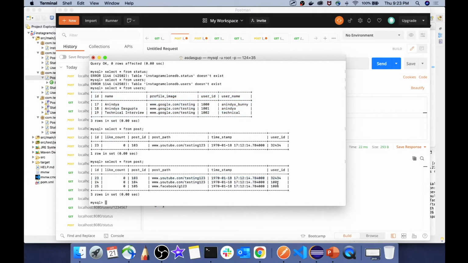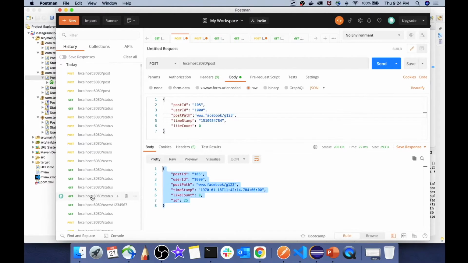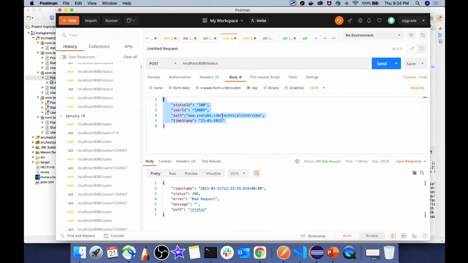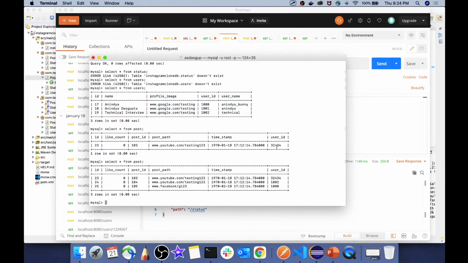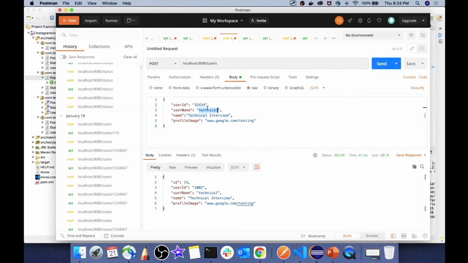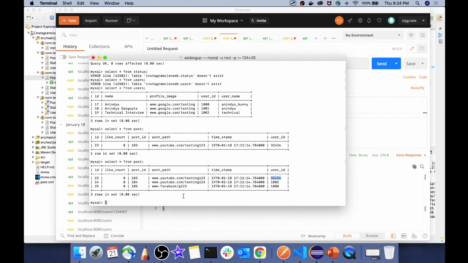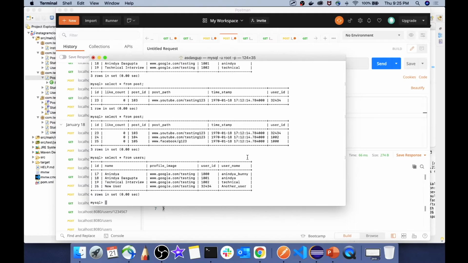So as a workaround, I will just put this user ID into our main database also. So I will just use our existing API that is the post service for the user. And over here I will put one more entry with this user ID so that I do not get any exception over here. So yes, one more user ID got created over here. Let's see whether we got the user ID or not. So yes, all the user IDs are present for which we have submitted the post. So I hope you guys have got the idea why I have done all these things.